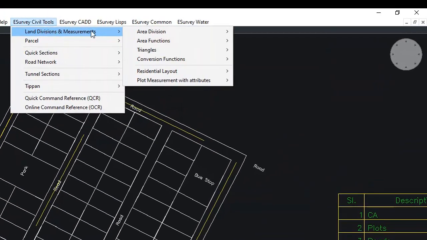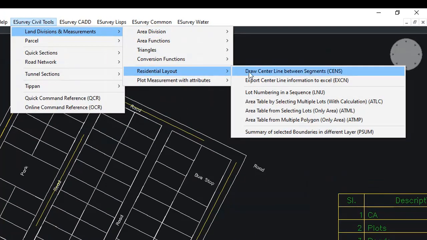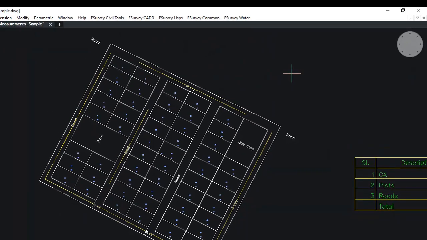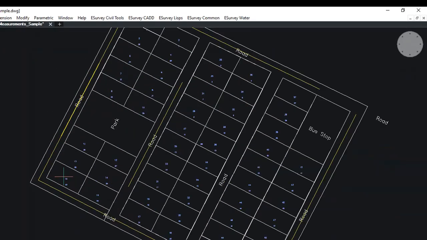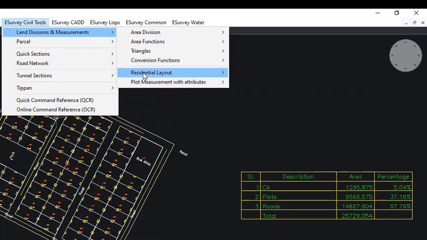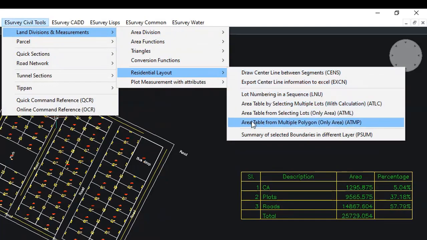You can number the plots sequentially and generate area tables for multiple selected lots. You can also export the summary of the selected boundaries into a different layer.